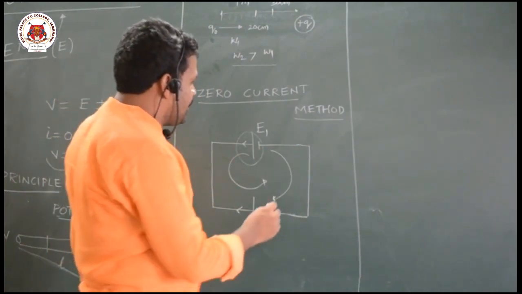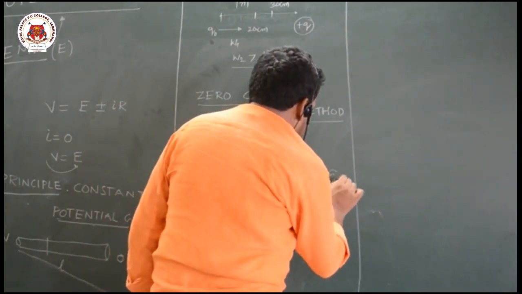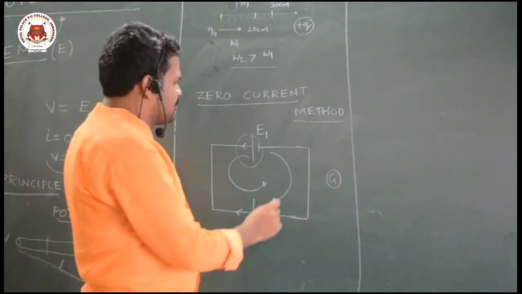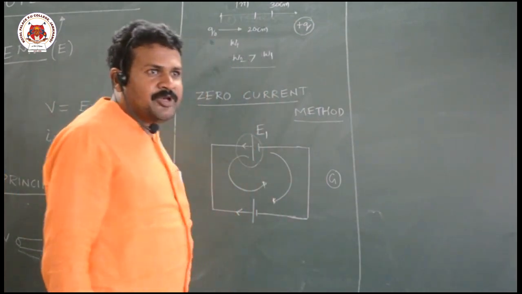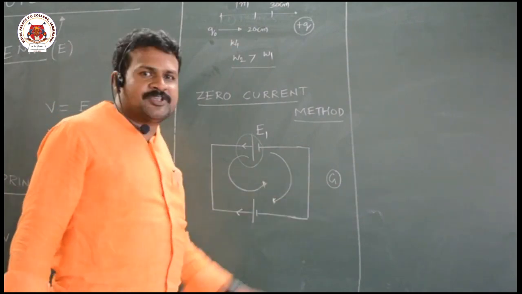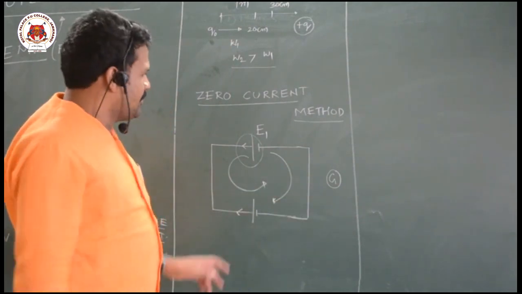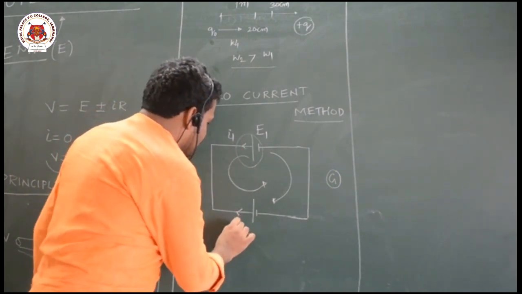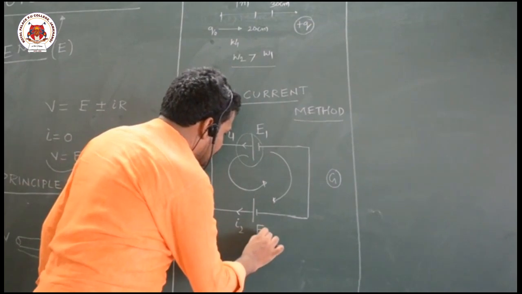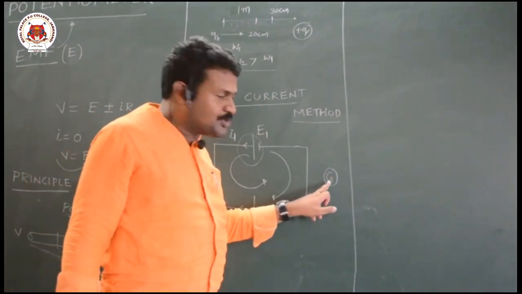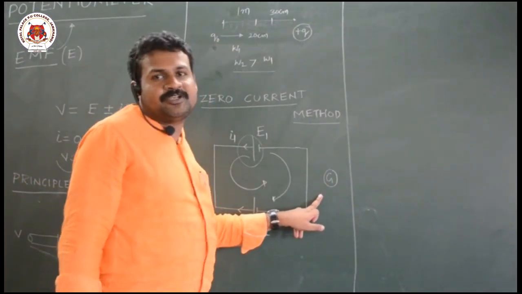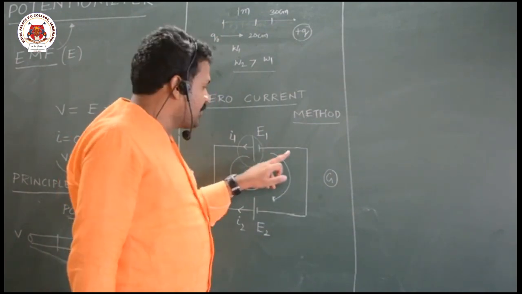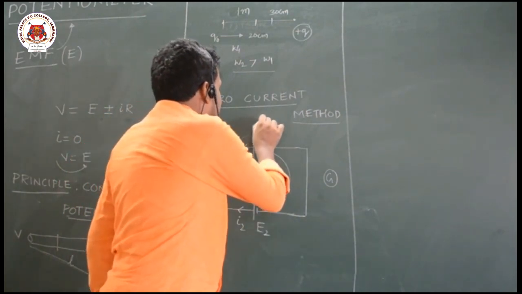So if you see the reading of the galvanometer, assume I connected one galvanometer inside the circuit, just for convenience I am drawing it outside. If you see the reading of the galvanometer, here one question arises: whether it shows clockwise or anti-clockwise. One current from the first cell I take as I1, current from the second cell I take as I2. Whether this galvanometer shows clockwise current or anti-clockwise current depends upon the EMF of the battery.